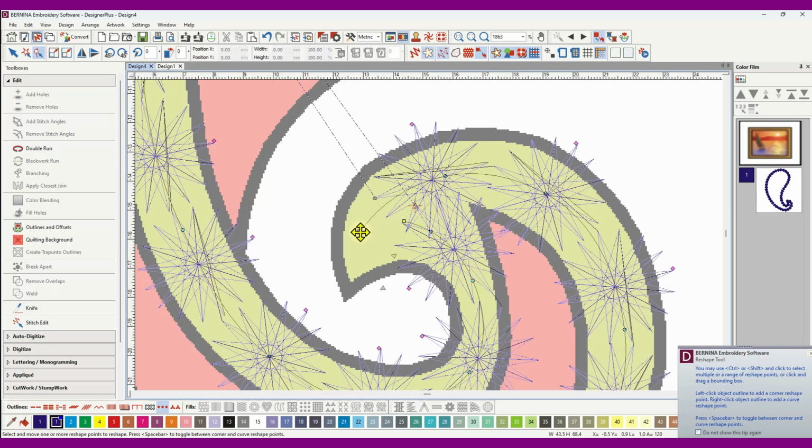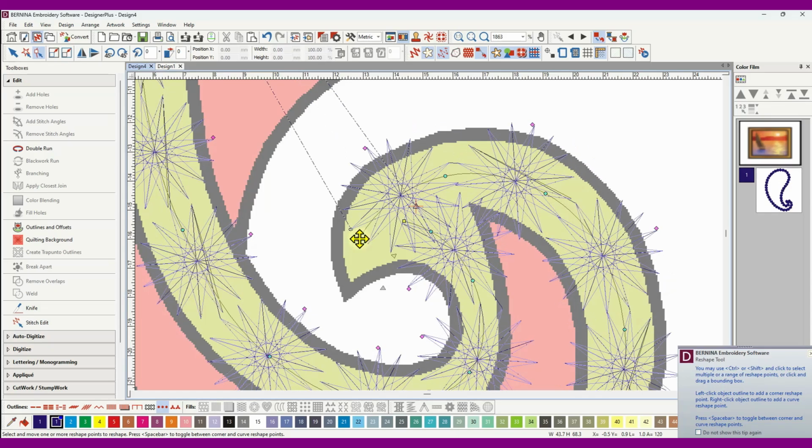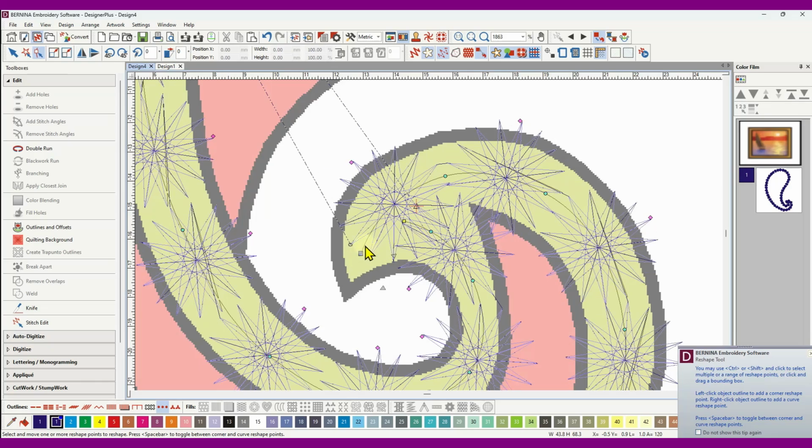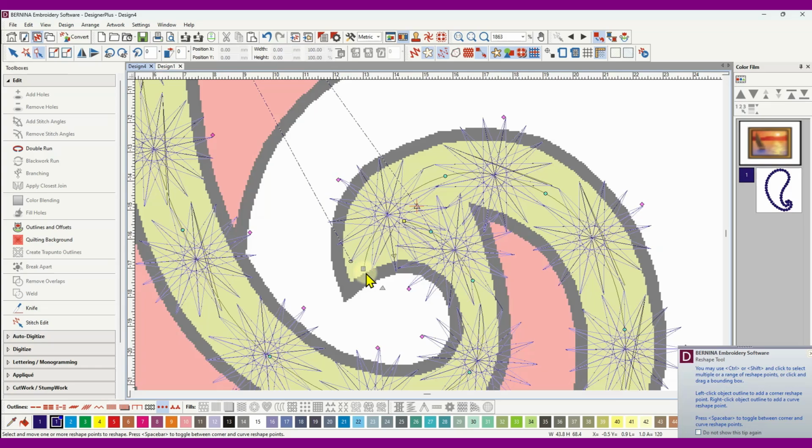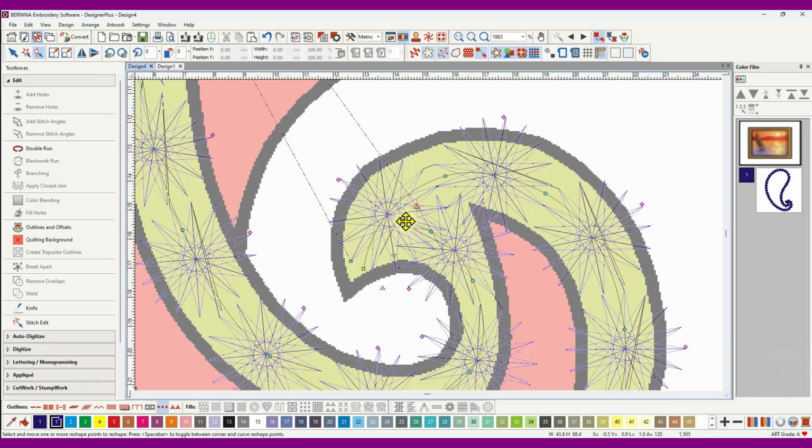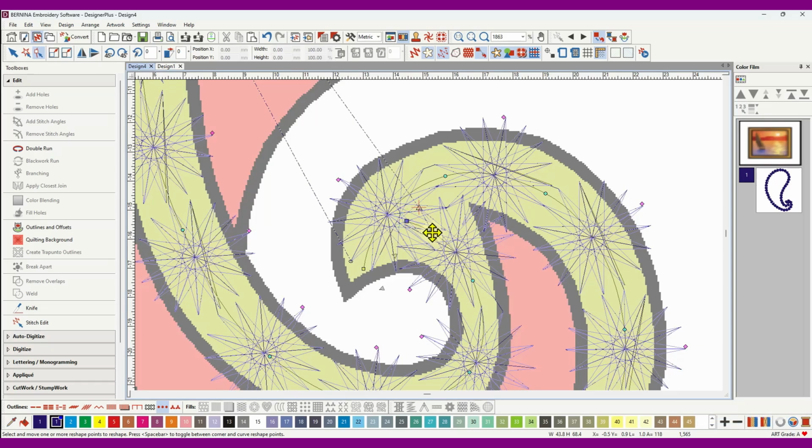Try and get that top candle wick, I want to keep calling it a star but it's not, into this point. I might have to come down here a bit. There we go. We've got one candle wick here right in the point. Now this one, as I said, is overlapping. We don't want that, so we can pull this one back. Actually, I might have to delete this node here, so select it and delete, and then pull this back to